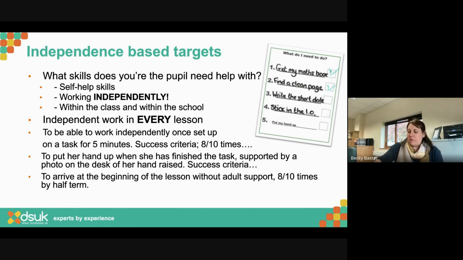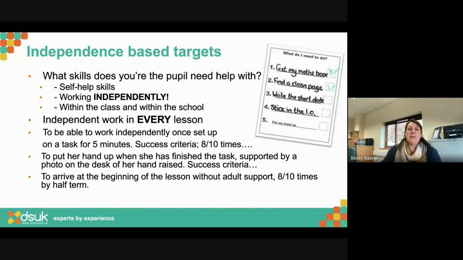Might do the first one with adult support. Now you know what you're doing. Brilliant. I'm going to leave you to do the second one on your own. And they might scribble all over it, and it's all in circles, and that's fine, because that shows me what they can do. What I'm measuring at the moment is, are they staying at that table? Are they sitting next to their friends? Are they drawing on their own piece of paper? That's what I'm looking at as my target at the moment.